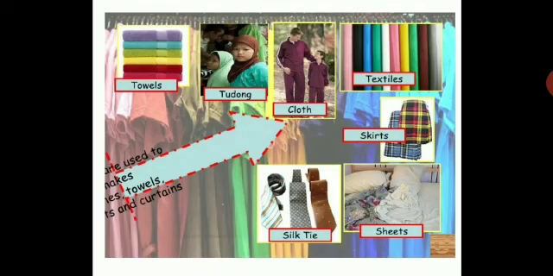Then you have fabric. A fabric or textile can be used to make so many different types of garments. It can be used to make different accessories which we use in day-to-day life: towels, ties, bed sheets, shirts. One fabric can be made of different materials. It can be silk, wool, or cotton, and that fabric can be converted into a garment as per our requirements.